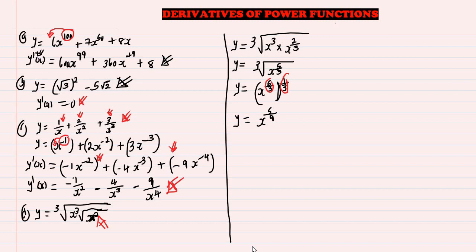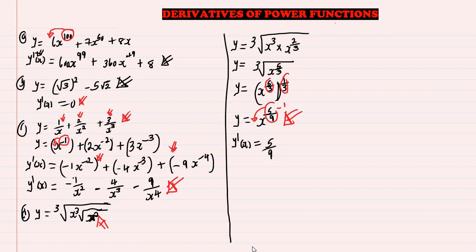As you can see, guys, this is in the form of a power function. Okay? So now we can easily take the derivative of s raised to the power of 5 over 9. Okay, guys? So this is going to be y prime of s is equal to, so guys, we are going to take the power, which is 5 over 9. We are going to multiply it with the base. Then we are going to subtract 1 from the power. Okay? So this is going to be